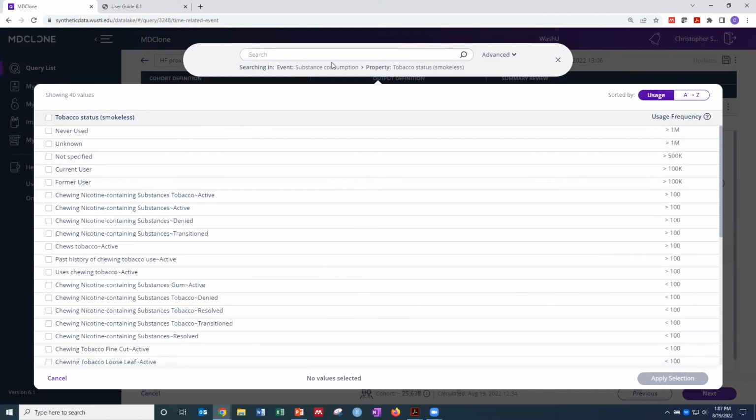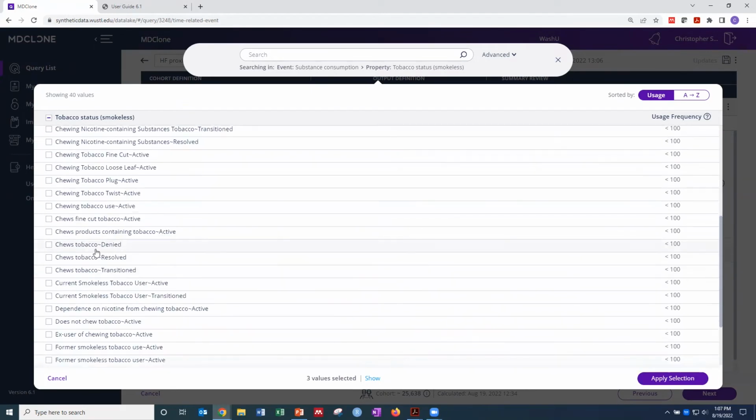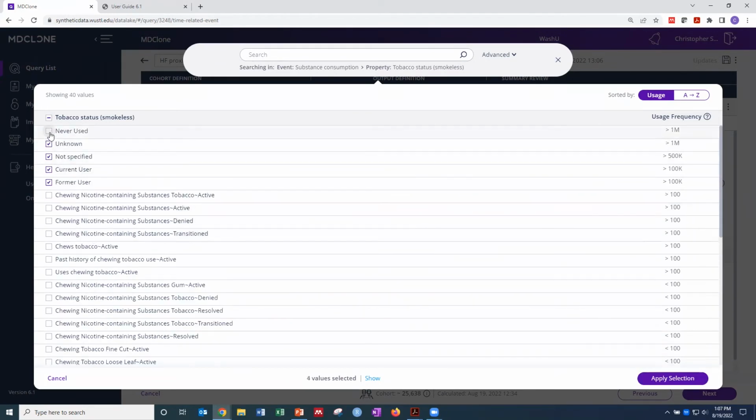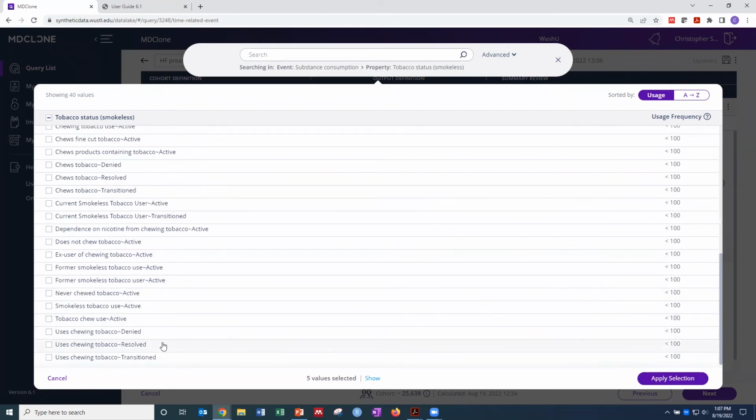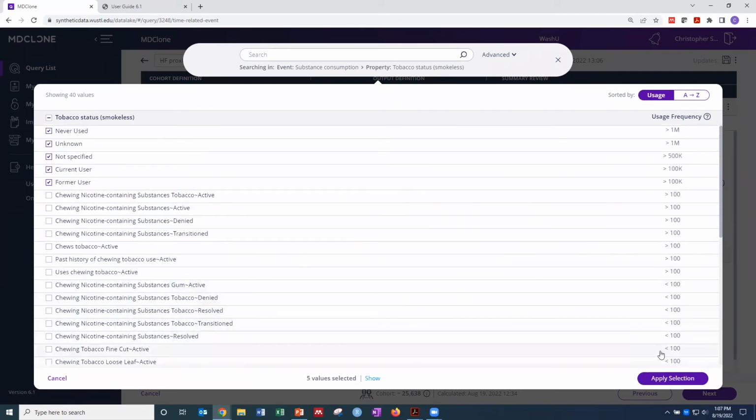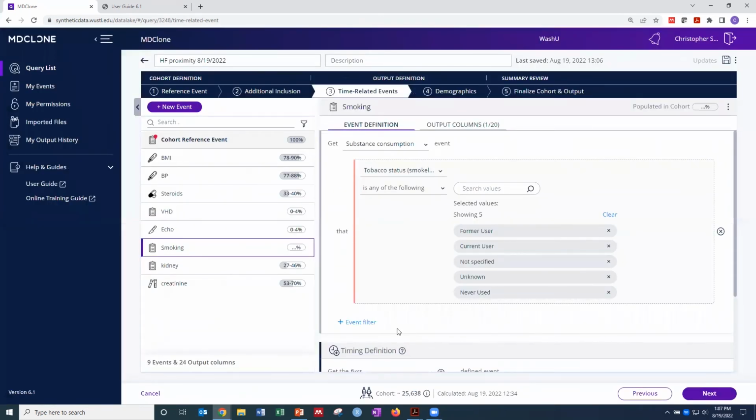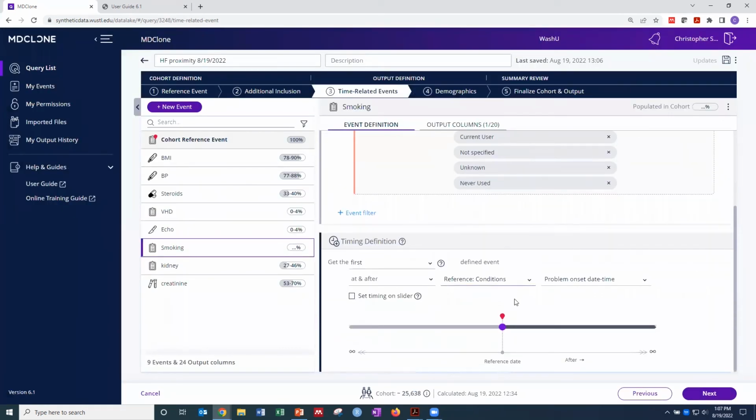It looks like it has both smoking and chewing tobacco, chewing nicotine, unknown, never used. So we'll just check these first 4 or 5 at the top here, and we'll look for those. Looks like everything else is related to chewing tobacco. And now for this one,